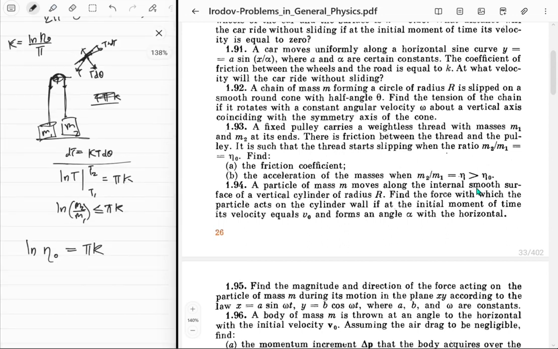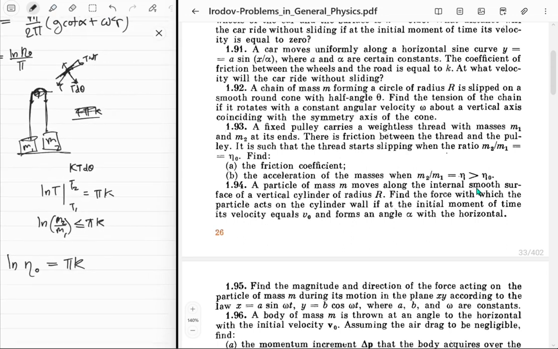So instead, this is not dT. No, we got friction opposing the acceleration, right? You also got tension force, which may or may not oppose acceleration. So let's say m2 is bigger, so it's going down. Then this thing is slipping and